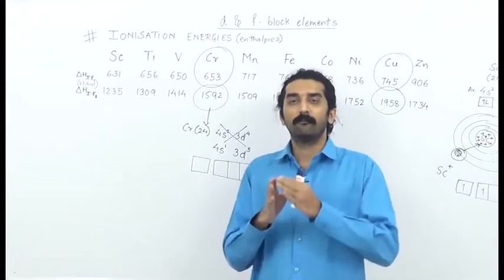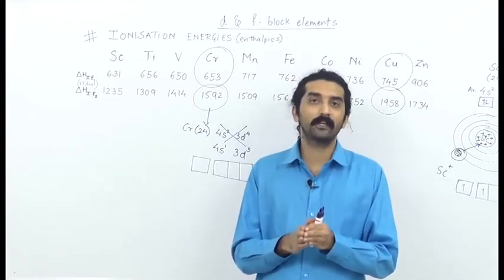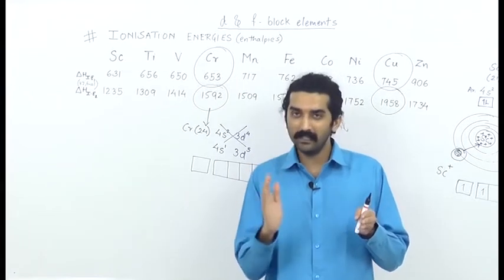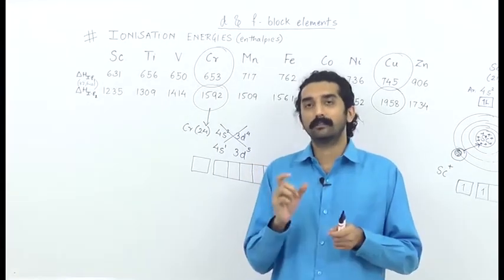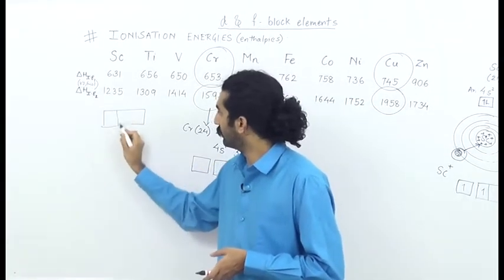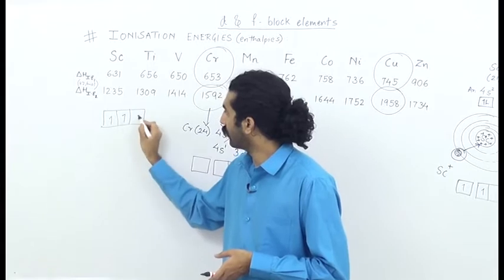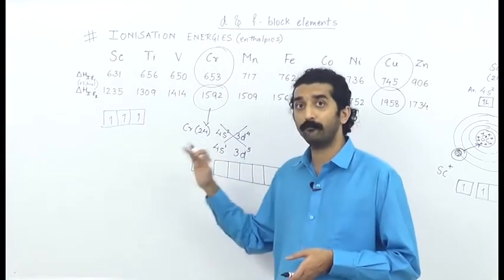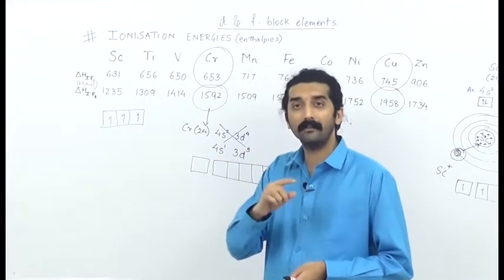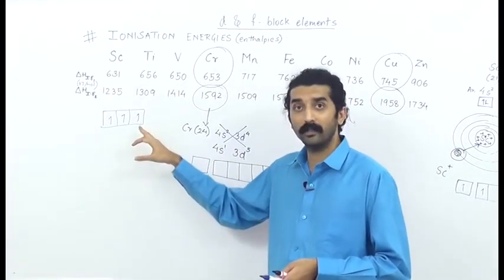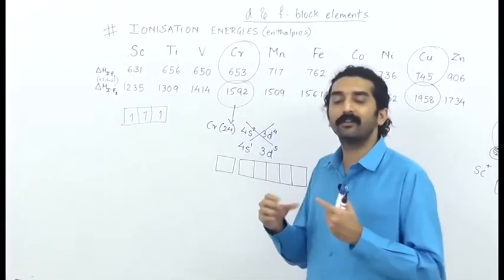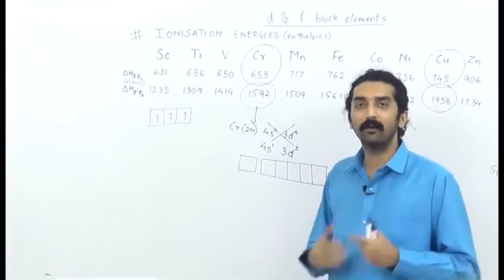If you notice, phosphorus has this electronic configuration where the 3p orbital is half filled, as in each of the individual suborbitals of phosphorus, this is the 3p orbital of phosphorus, has one electron each. So this is the half filled 3p orbital, which is extra stable, and hence it is very difficult to remove an electron from here as well. When I say very difficult, it means the amount of energy required to remove this electron is higher.